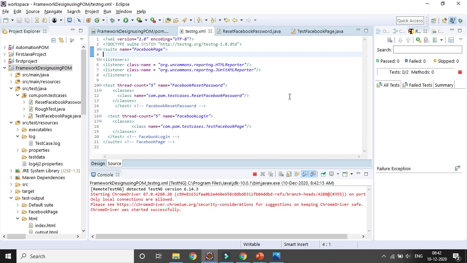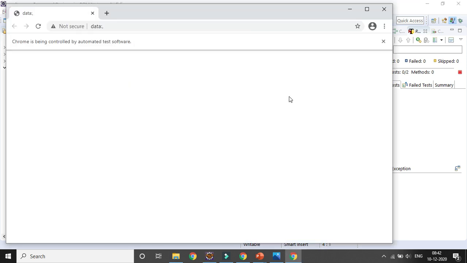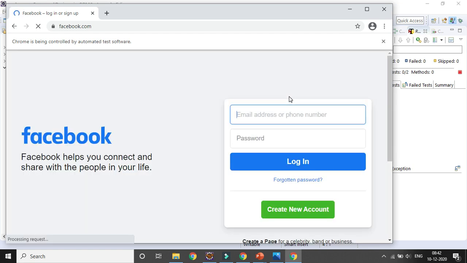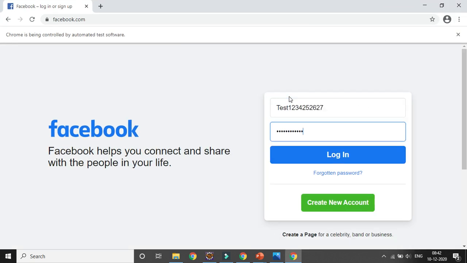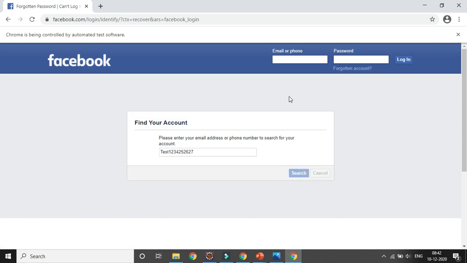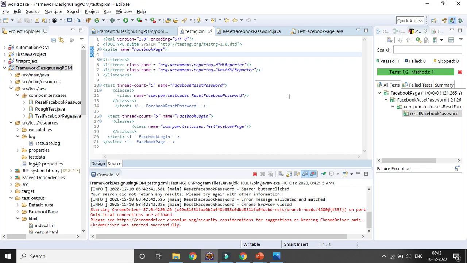So it will be running both the test cases here. Whenever you are dealing with ReportNG, and you want to take some screenshot and add it, it does not matter whether the test case is getting passed or failed. You can add your Reporter.log, add some message, a screenshot, and other things.